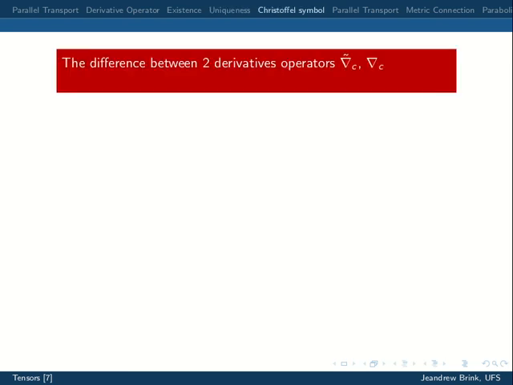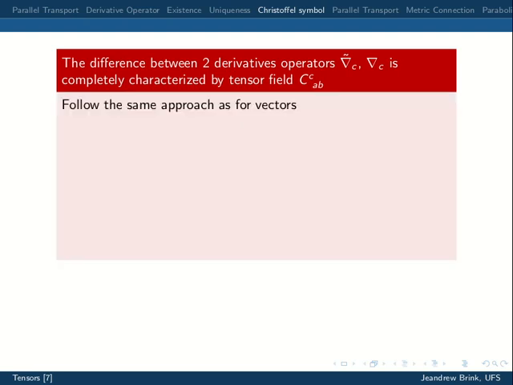Okay, so then we can go on and work out the difference in two derivative operators. Basically, we show that for any tensor field, the only thing you need to work out the difference in the two derivative operators is this tensor field C. The method of doing it is very similar to what we did before. We defined it for the one forms, then from the one forms we got that it was defined for the vectors, and you could do a similar thing, and basically, by taking contractions, applying the derivative operator, using what you